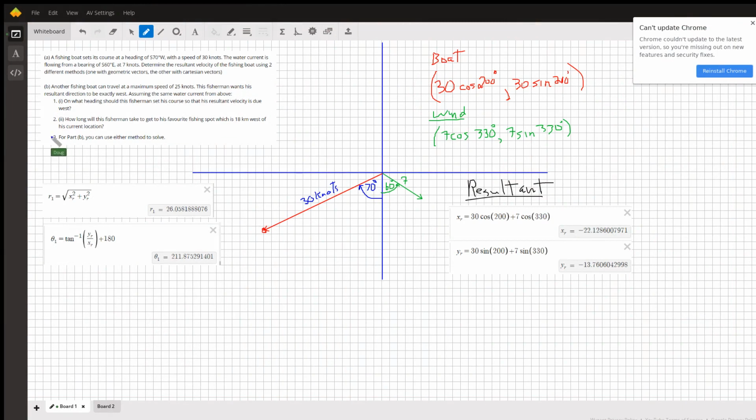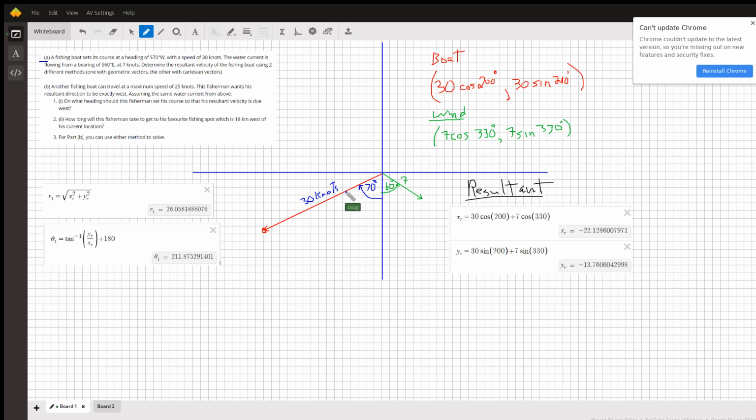Okay, here's an indication how to do part A for this problem using both Cartesian vectors and geometric vectors. So this page 1 is with Cartesian vectors. So here's the first vector. It's the boat, which is 30 knots south, 70 degrees west, which means this angle right here